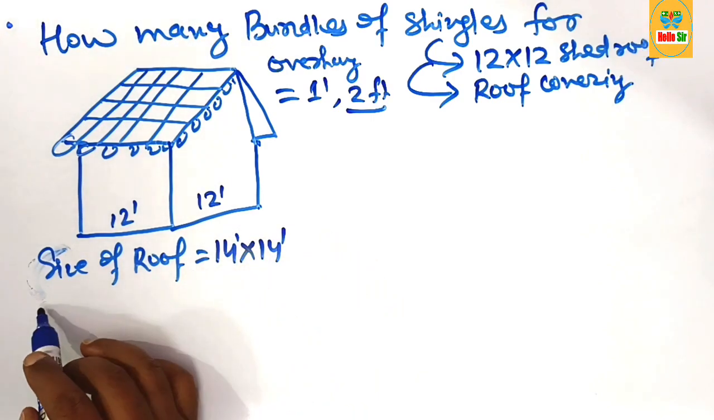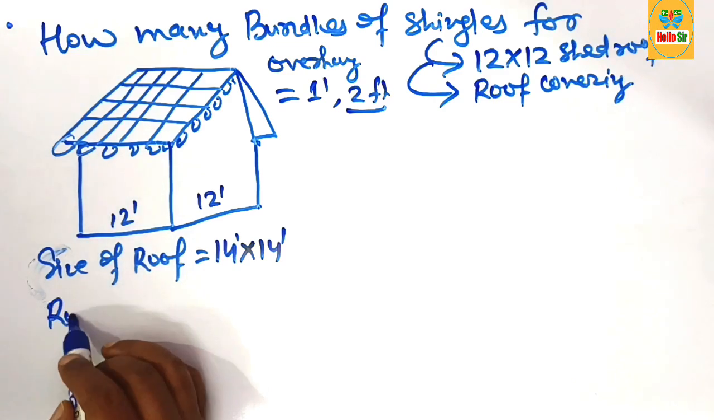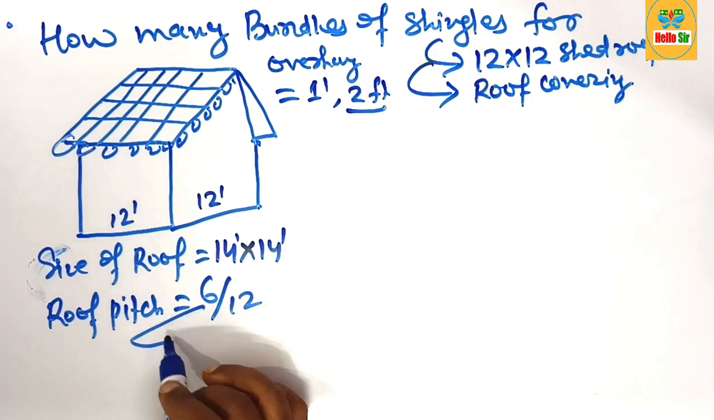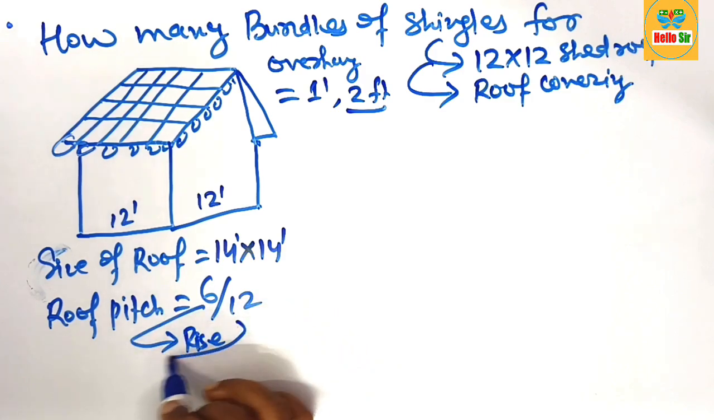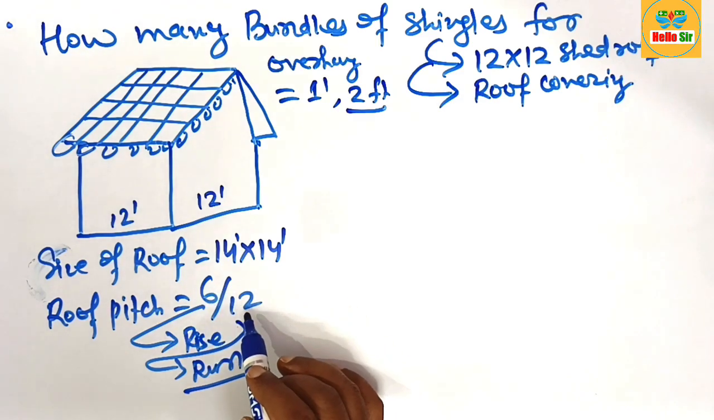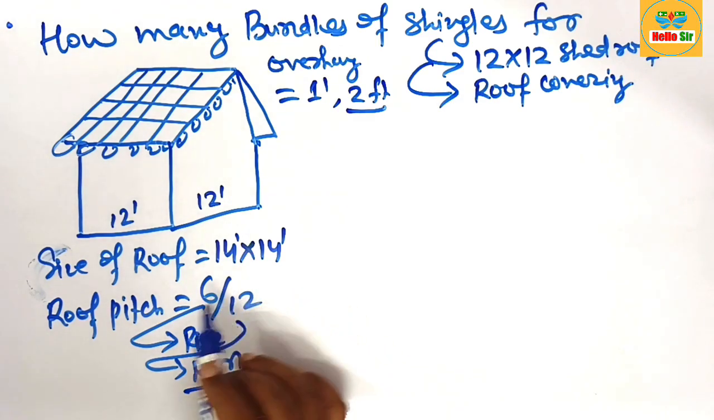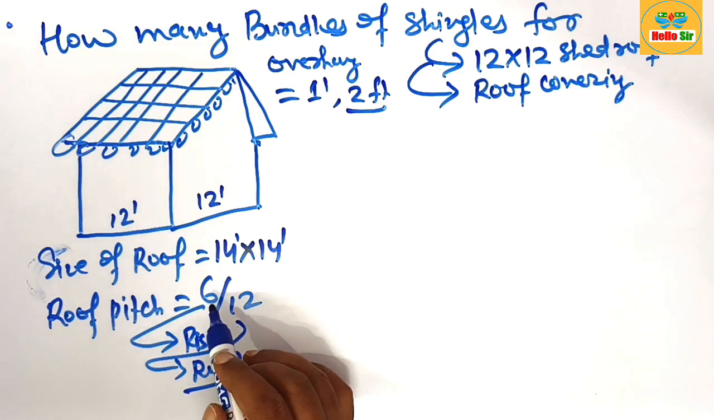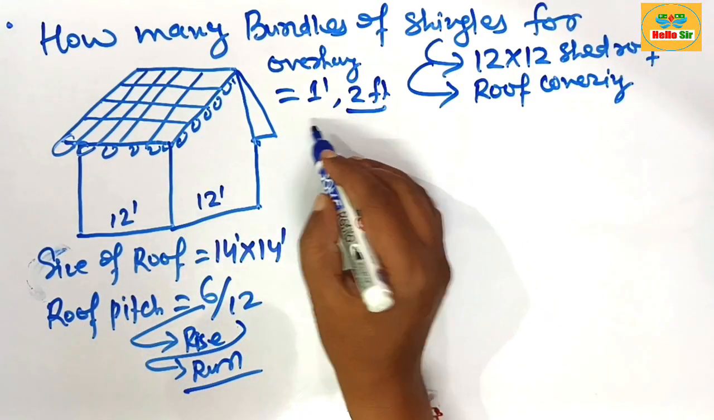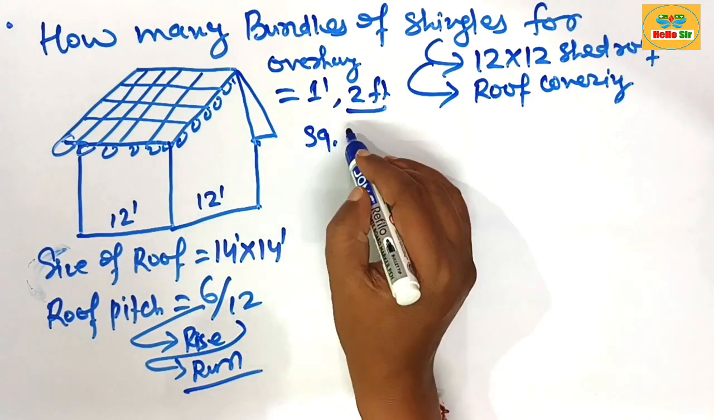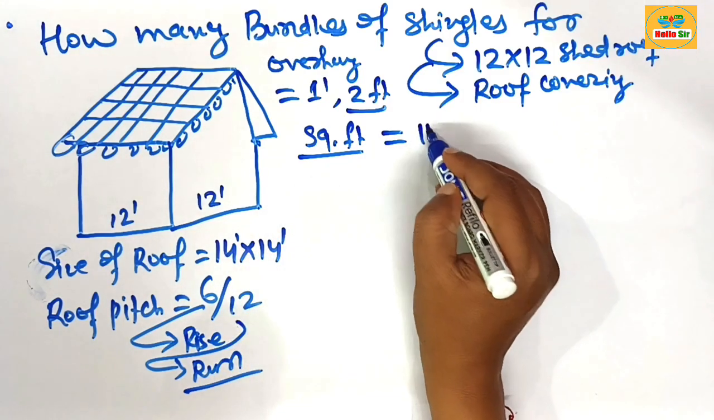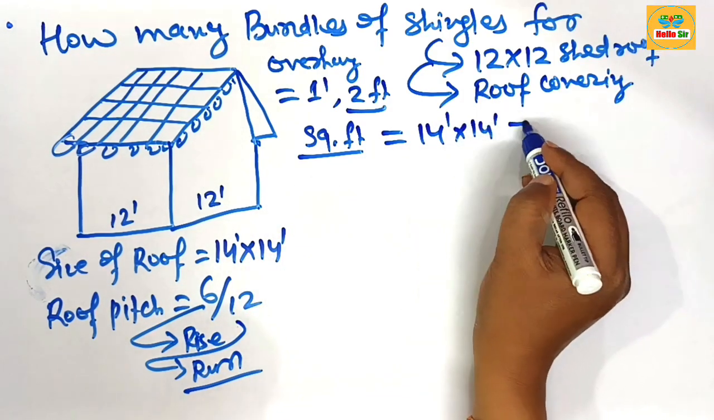And suppose the roof pitch is 6 by 12. It means 6 inch is rise and 12 inch is run. It means for a 6-inch rise the run will be 12 inches, and the roof pitch also determines the total square footage area of the roof. Just calculate the square footage area of the roof, that will be 14 multiplied by 14,